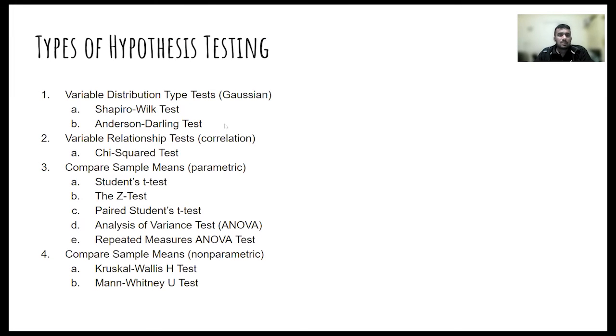So let's discuss how many types of hypothesis testing there are. Statisticians have devised several types of hypothesis testing. Basically all of them have the basic framework that we have discussed before, but on the basis of how they are implemented, they are divided into several categories. Now, discussing all this is not in the scope of this class or this video, so we will be discussing the most commonly used ones that are very easy to implement, that is the t-test.